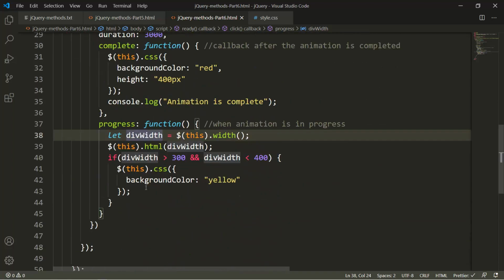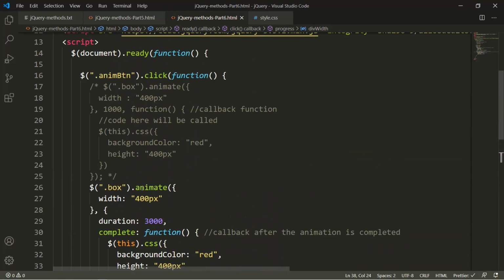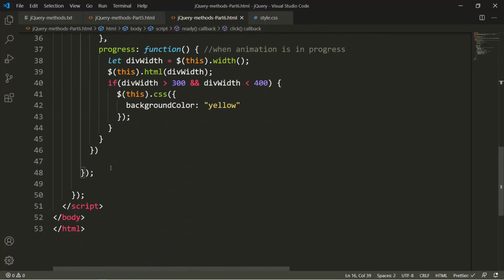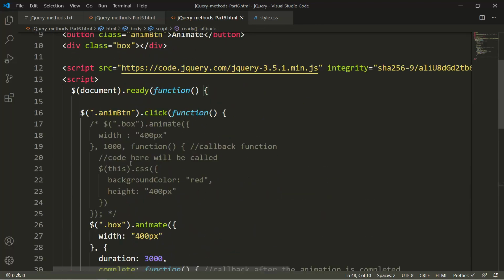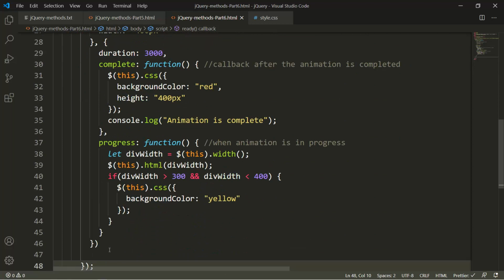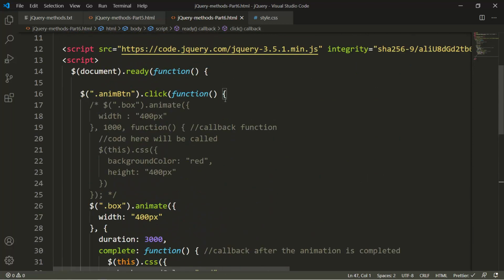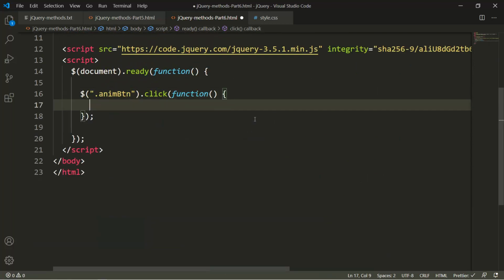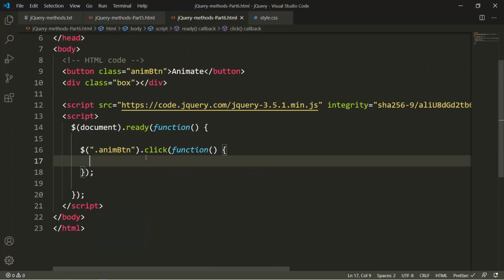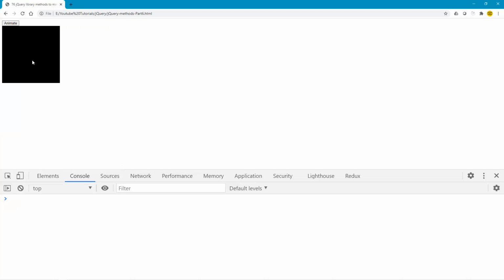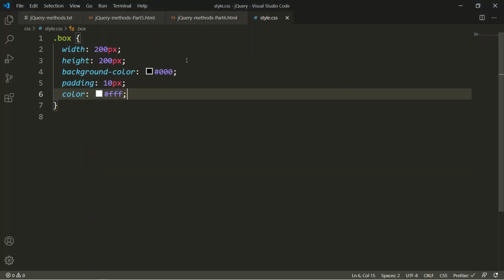Okay, so what I'm doing is I am giving you one more example or one more animation. So we will play with animation one more time, and any button click function. So if I remove all this from here now, we again have the basic code back, and if I refresh we have the black div tag, and I am doing some changes in the CSS here. So width, height is fine, background is fine, padding is fine, color is fine.